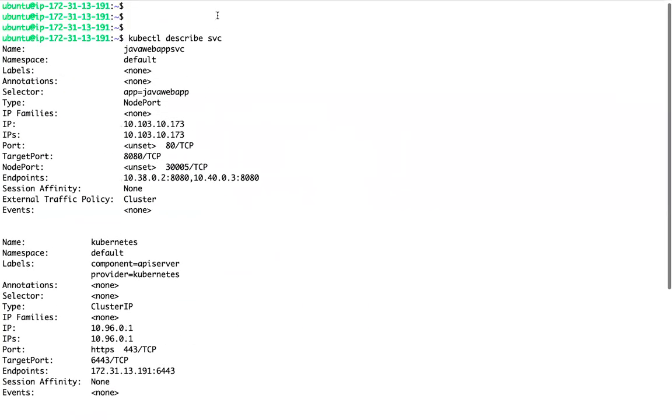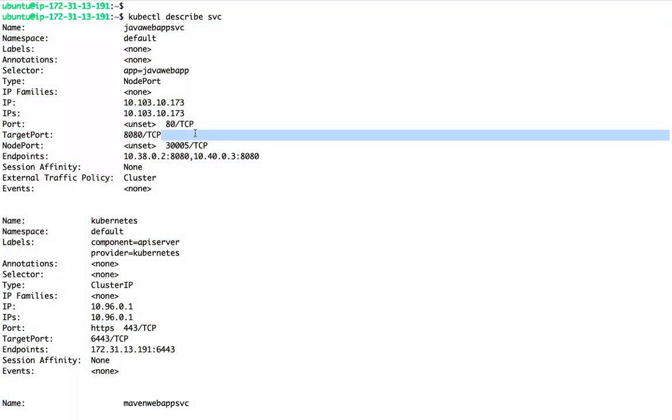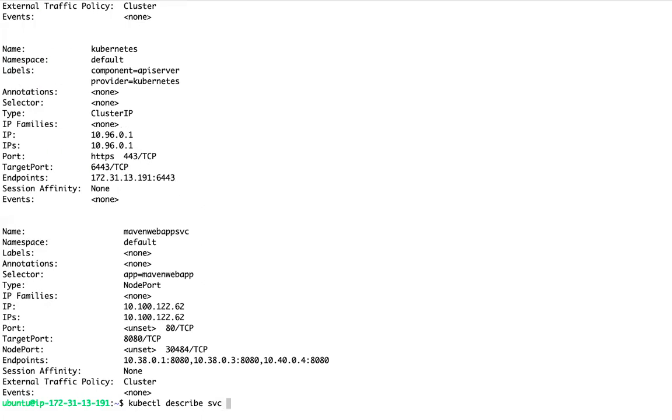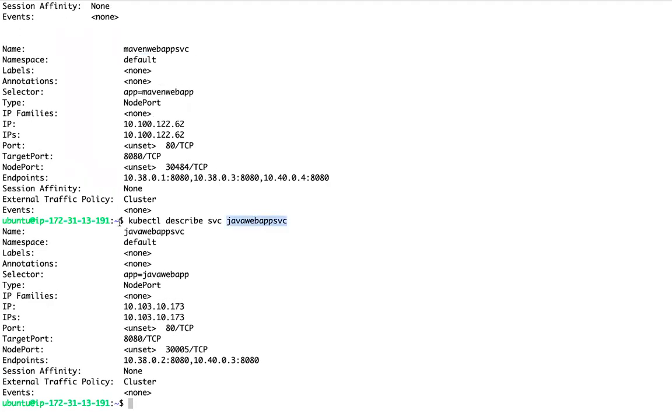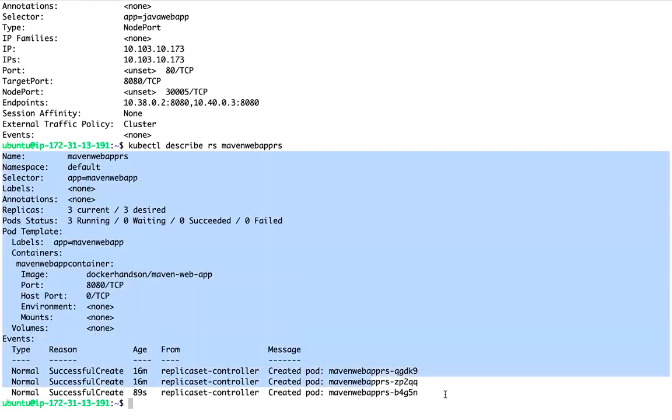If I just execute svc, it is describing all the services. If you want to describe a specific service, you can give that service name. Similarly, if you want to describe an RS, you can describe that RS by giving a name. So it will show you the information about that replica set.